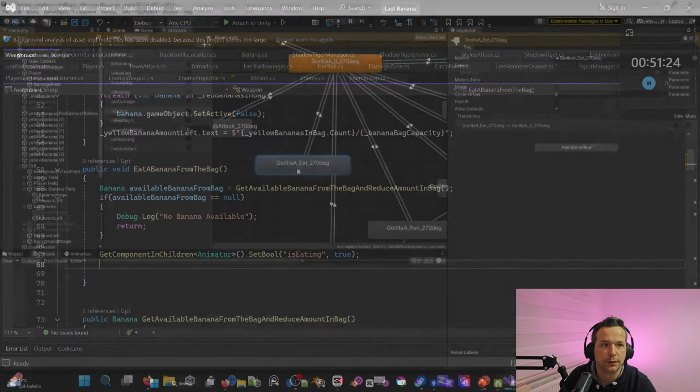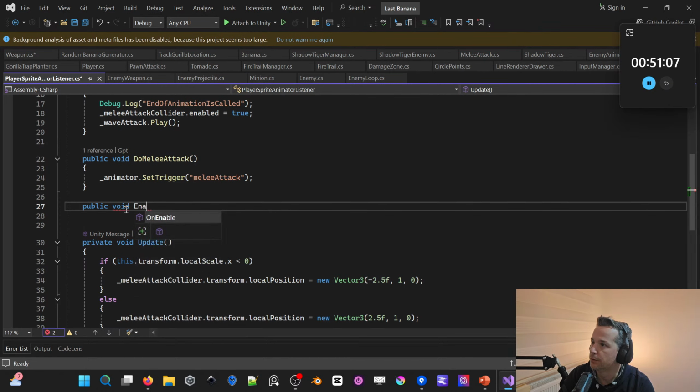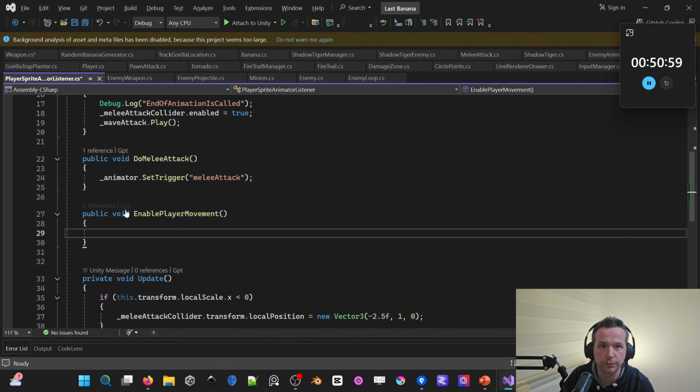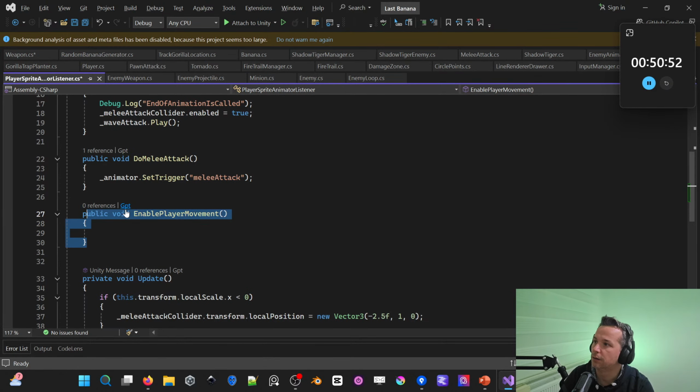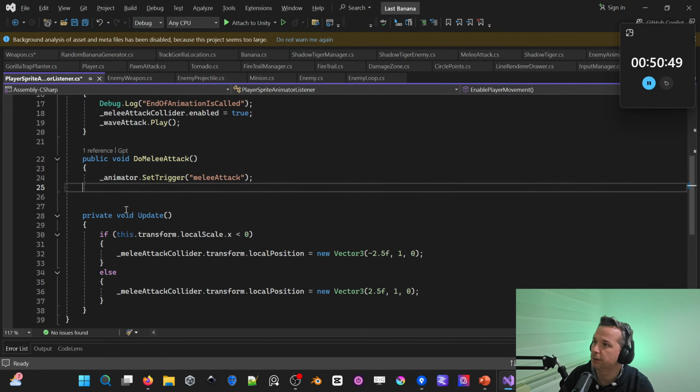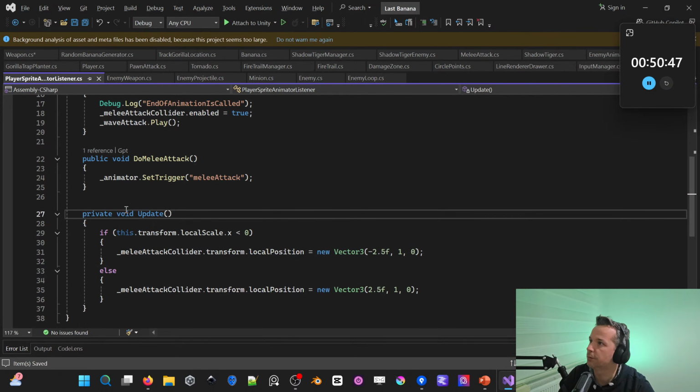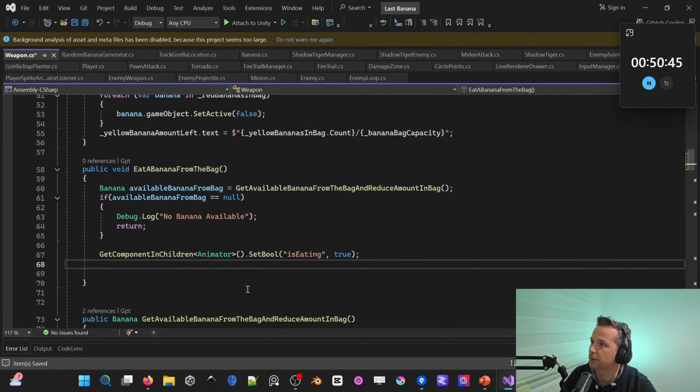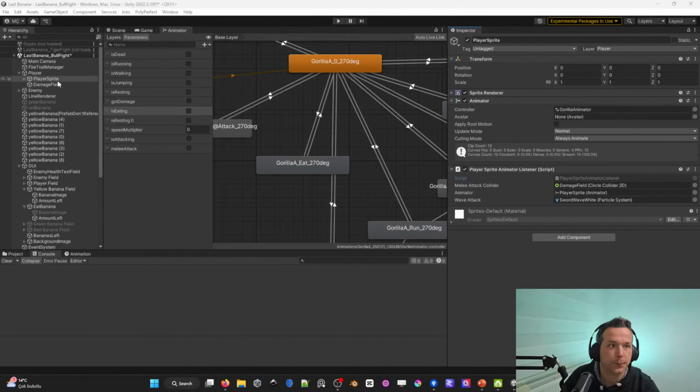Okay, let's also add a public void for enable player movement, because what I want to do is increase the... Let's not use the animation event over here for a simple process like this, but instead let's find the player,